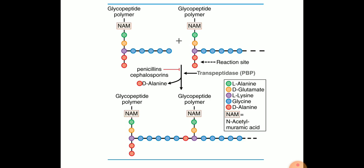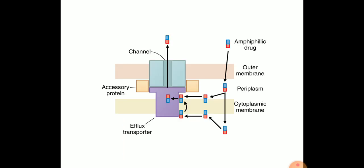The mechanisms by which these drugs are actually causing different types of resistance are already discussed in the introduction of antibiotics, but just for your benefit I can tell you that inactivation or destruction of the antibiotic by the beta-lactamase enzyme produced by the microorganism is a very common reason behind this antibiotic resistance, and there are certain bacteria like Klebsiella, E. coli, Pseudomonas, staph. They are responsible for synthesis of those dangerous virulent enzymes like extended spectrum beta-lactamase, which are